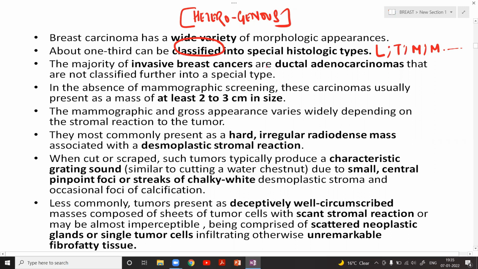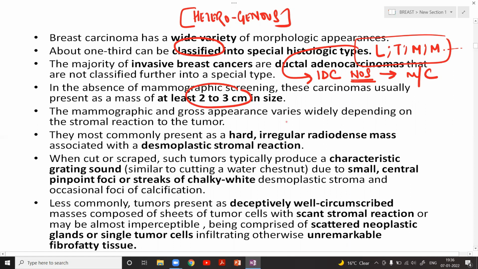But one very important fact that we have to understand is that the most important category of breast carcinoma is your invasive breast carcinoma, that is IDC, infiltrating ductal carcinoma, NOS. Why do we say no special type? It means those infiltrating breast carcinomas which cannot be placed in any of the special varieties. They are placed under the IDC NOS variety, and this by default is the most common type that we see. Now, if mammography is not there, then a breast tumor has to grow approximately 2 to 3 centimeters in size so as to be detected.